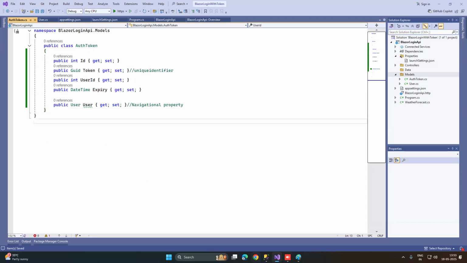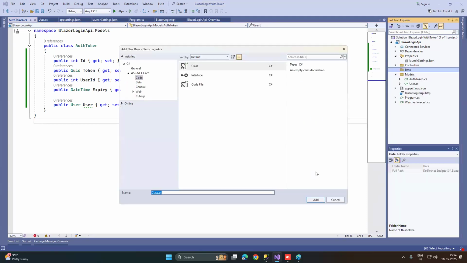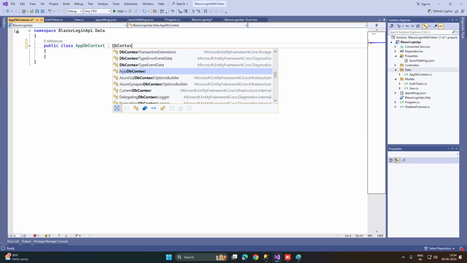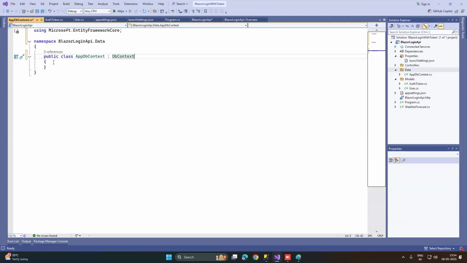Okay. So the next thing will be to have what? To have the database context, right? So let me create our database context and keep it within the data folder. We'll also apply migration. So we are going to be inheriting from DbContext. Doing that gets us the Entity Framework functionality over here. And now here we want to be having quite a few things. So we want to be having our